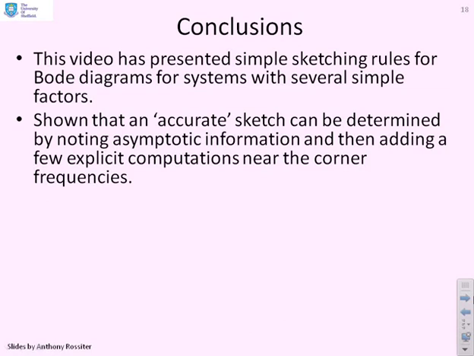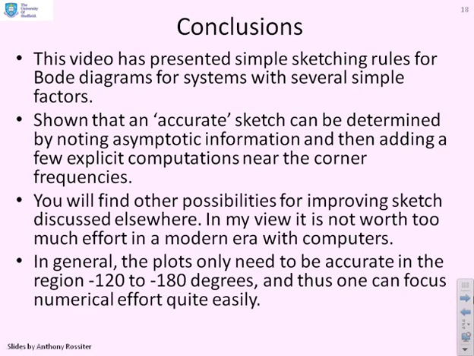So in conclusion, the video has presented some simple sketching rules for Bode diagrams for systems with several factors. It's shown that an accurate sketch can be determined by noting asymptotic information, then adding a few explicit computations near the corner frequencies. There are other ways of doing sketching, and you will see that in the books. In my view, it's not worth spending too much effort on this, so ultimately you'll see in the tutorial sheet that follows that I recommend you do it very quick and simple, and if that's not good enough, get a computer. And finally, in general, the plots only need to be accurate in the region minus 20 to minus 180 degrees. It will be evident why later, and that's where you should focus any numerical